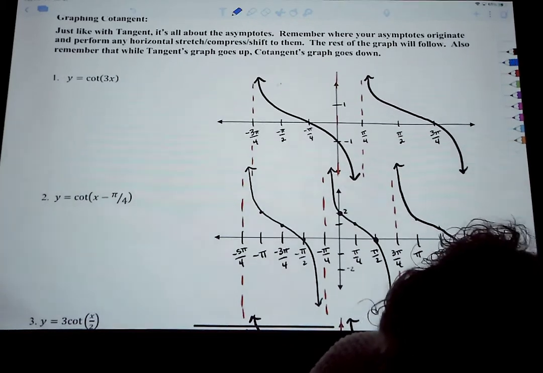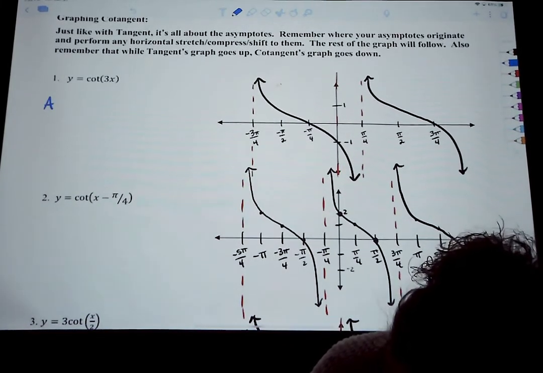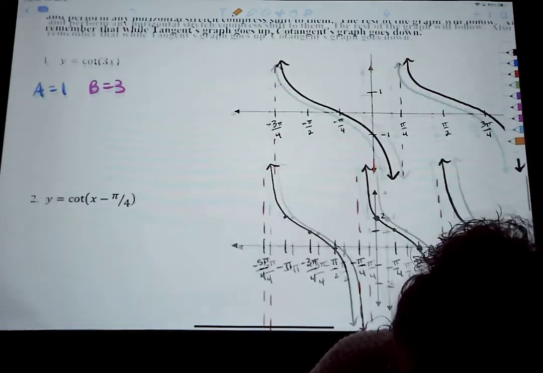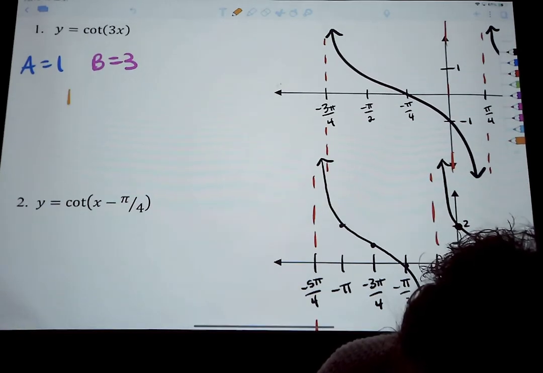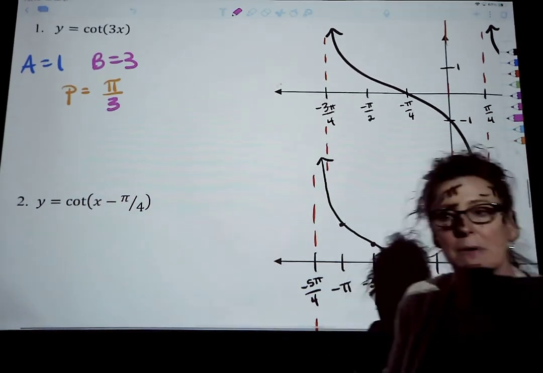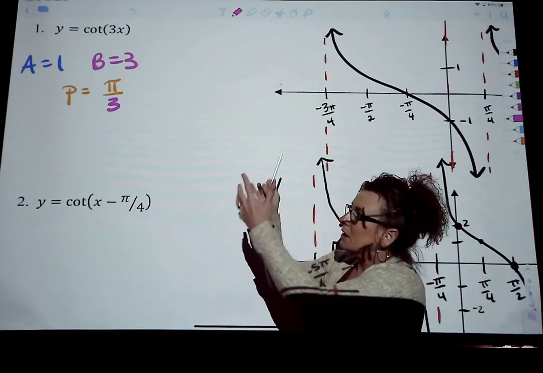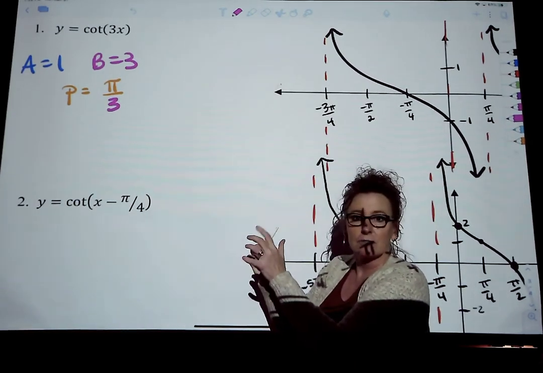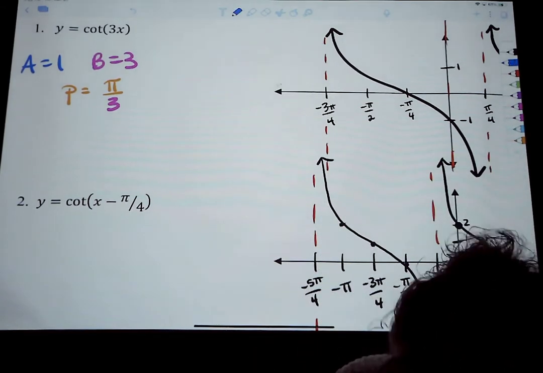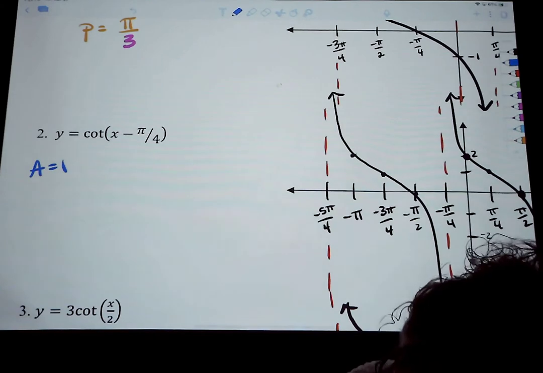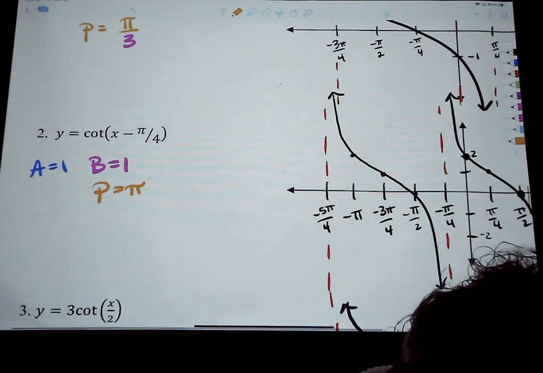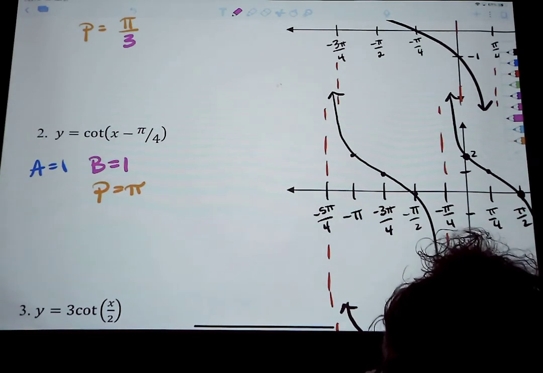Video's getting kind of long, but I'll try to run through this quickly. Amplitude is 1. B is 3. Oh my goodness, be careful. Cotangent. The period is going to be pi over 3. Remember why? The little period formula to get the period of the graph is pi over b, not 2 pi over b like sine and cosine. Next one, amplitude is 1, b is 1, thus the period is pi, and we need to go